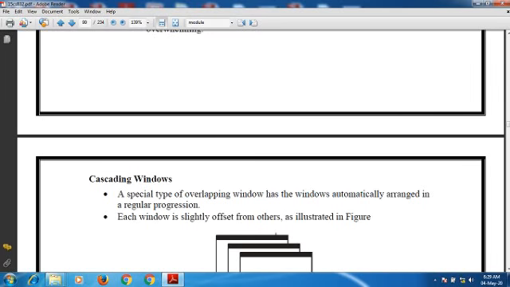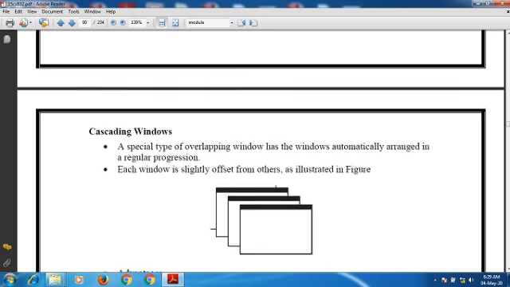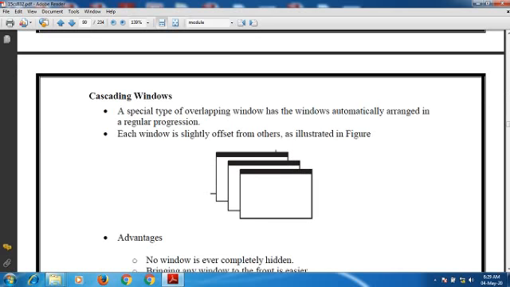We have another special type of window, the cascading one. That is a special type of overlapping window, as the windows are automatically arranged in a regular progression, and each window is slightly offset from the other. The figure shows this cascading window style.